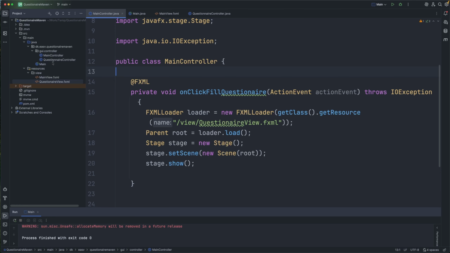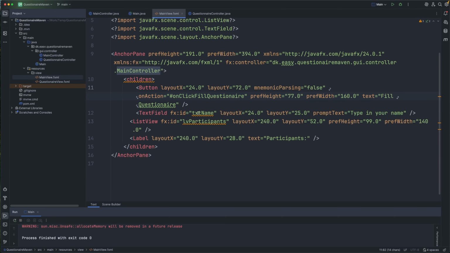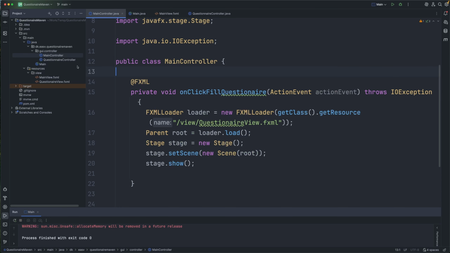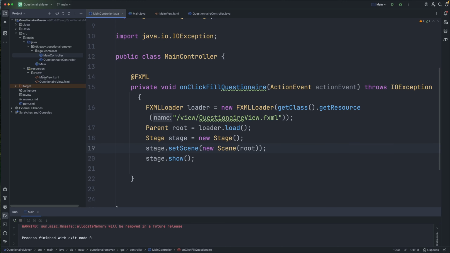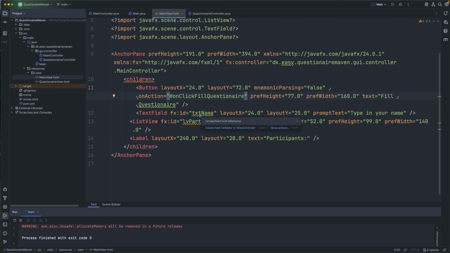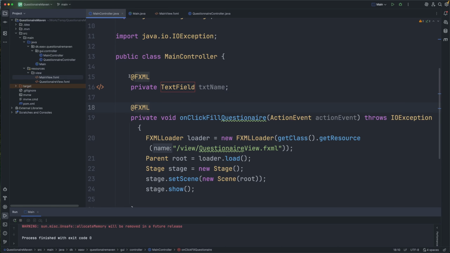Well, fortunately we have a text field called txt_name that we can use to communicate with, and we can get the input from the user. And we can pass this along to the questionnaire view, so that's pretty nice. So what we will do first, we need to get a handle of this text field here, so we can see that it has an FX ID. This is brilliant. I can take this tooltip here, create field, txt name, and this will give me a private instance variable, txt name,